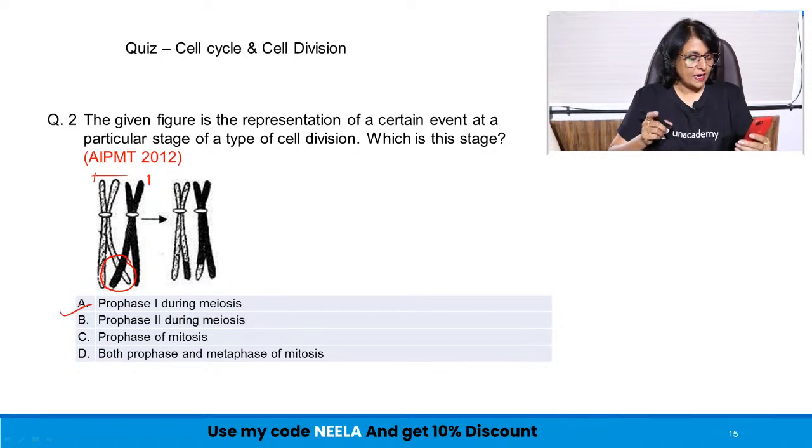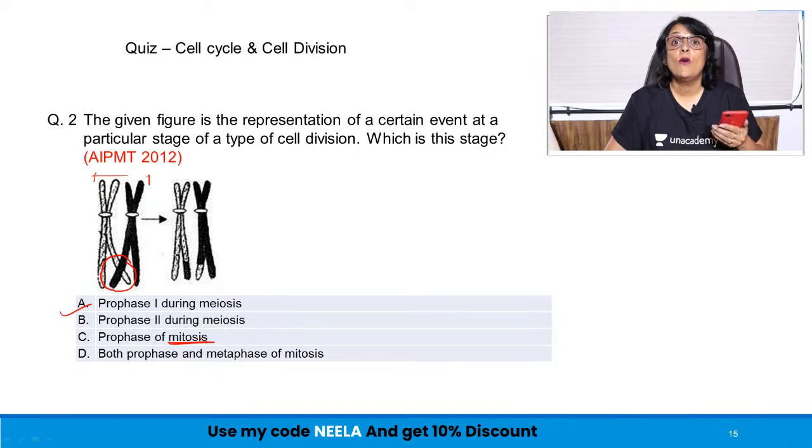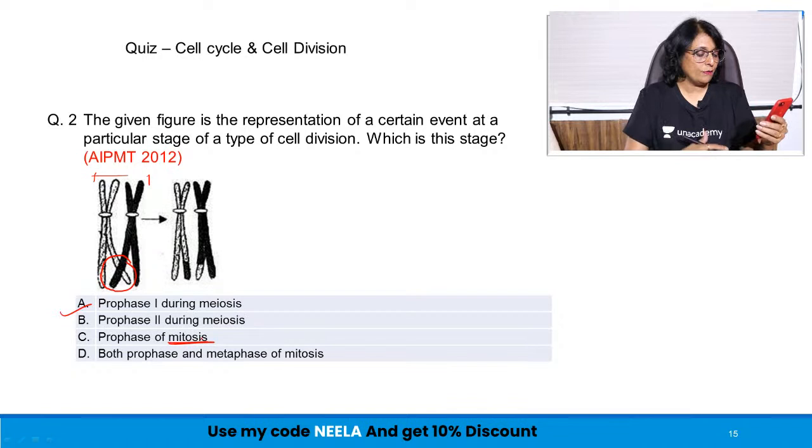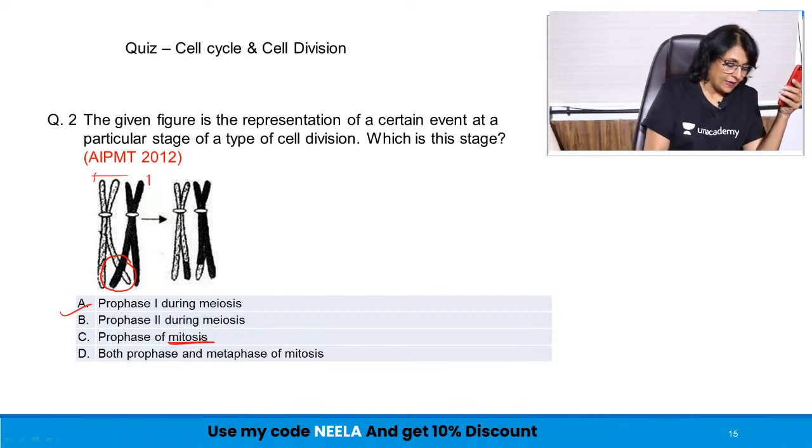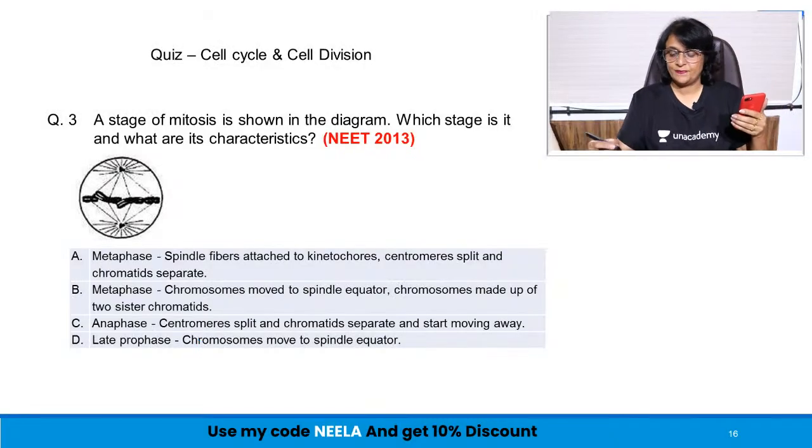Who said C? Sajjan, this is mitosis, and in mitosis there is no exchange of genetic material. There is no crossing over. The first part that we did in today's class was the difference between mitosis and meiosis. This was, according to me, a very simple question, and I'm glad all of you got it correct. Sajjan also understood? Good. Okay, next question.